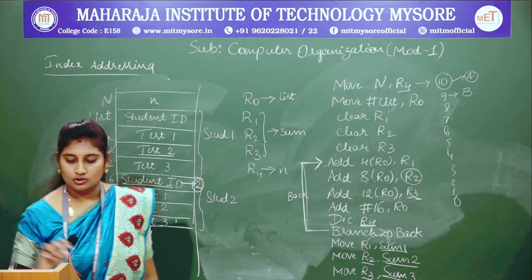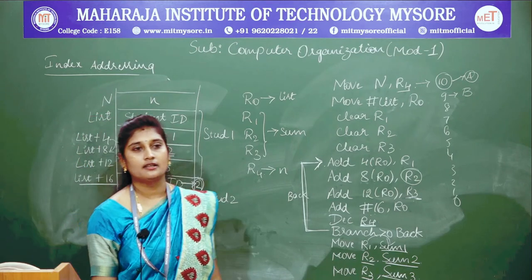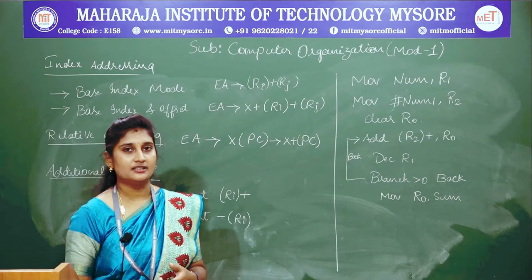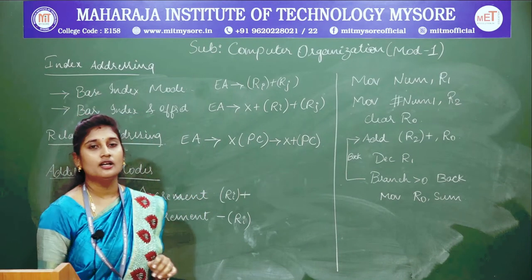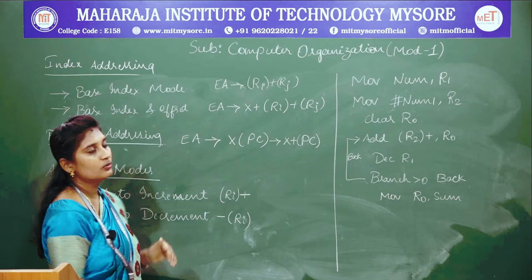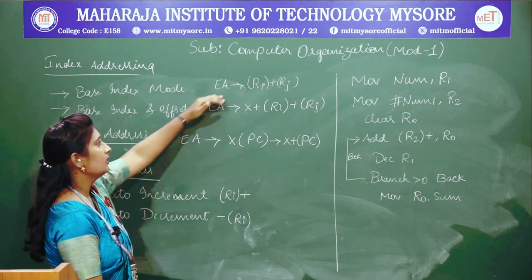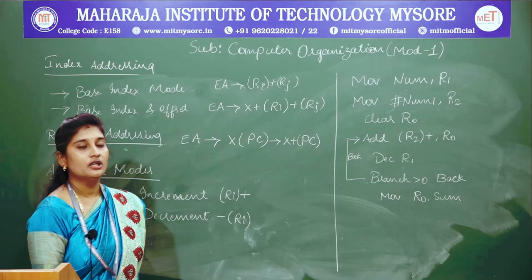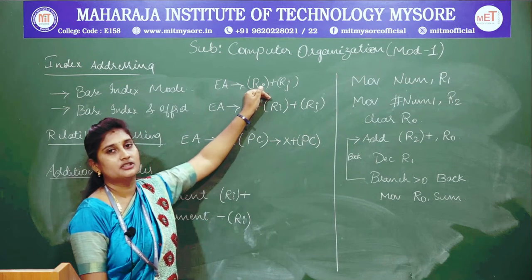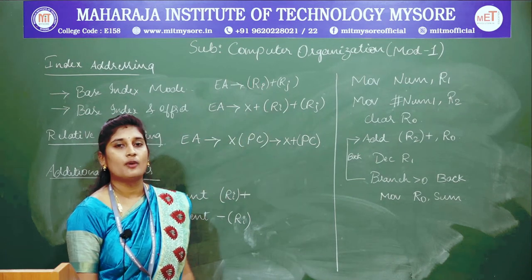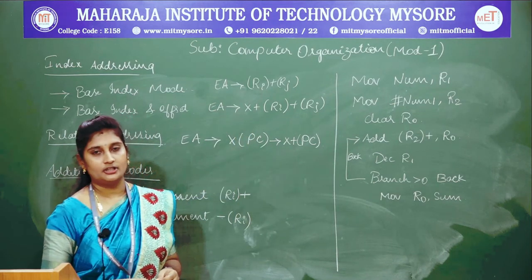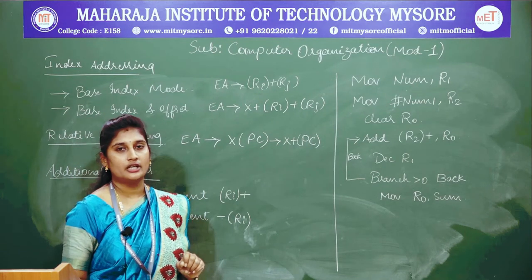Fine. Understood? So the next variation of your index addressing mode is index mode with base offset. Coming on to the variations of your index addressing mode, there are two variations. The very first is base with index mode and the second one is base with index and offset mode. So in the previous index addressing mode, you had an index general purpose register, along with which you added a constant value, that is your offset or displacement.